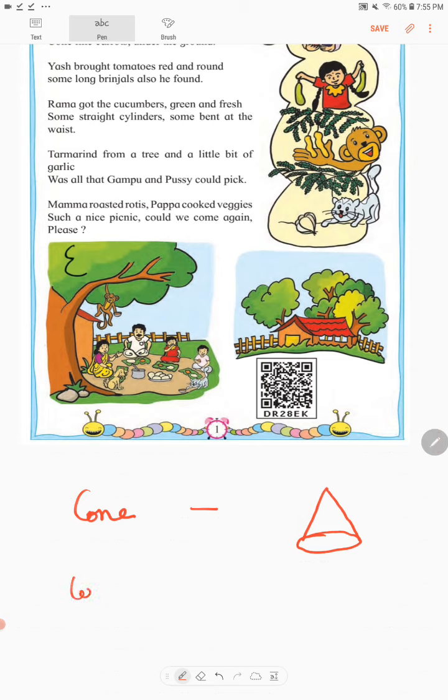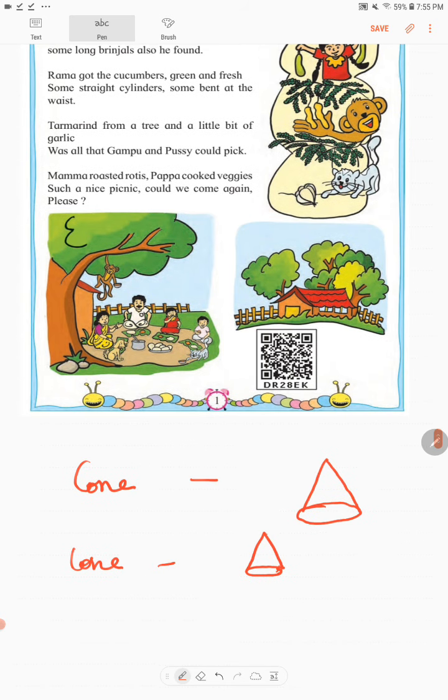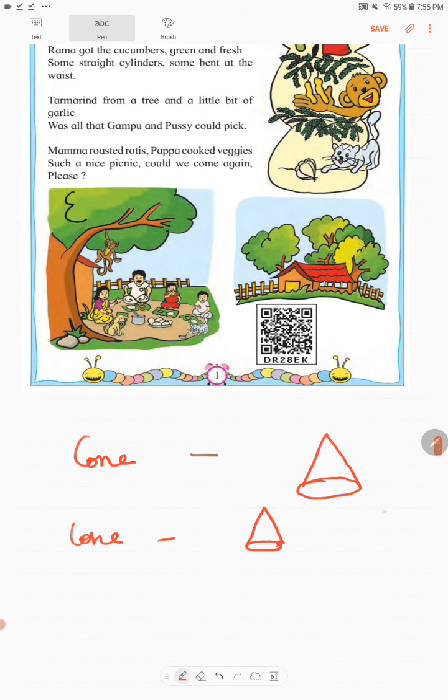So this is a cone. See how this looks. How the carrot looks. It looks exactly like a cone.